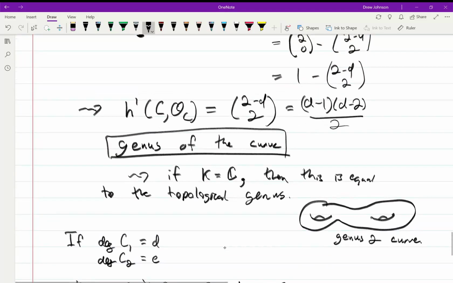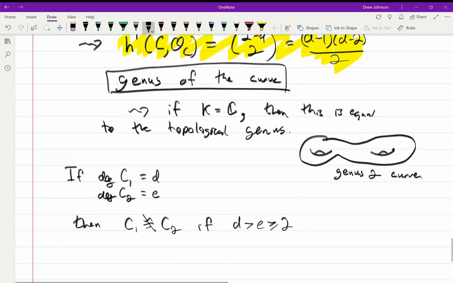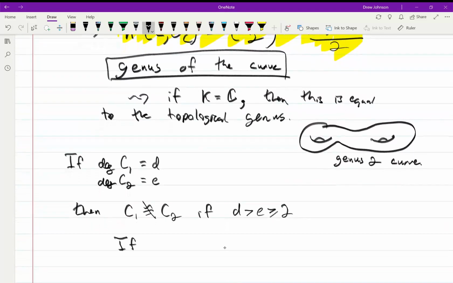Because if you just look at this formula for the genus here, if you put different numbers in here, you're never going to get the same number unless you pick 1 and 2. So if d equals 1, e equals 2, so this is like a line in P^2 and a conic in P^2, then in fact they are isomorphic. So in this case, the genus,